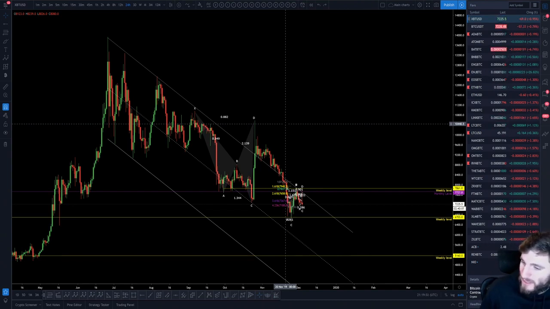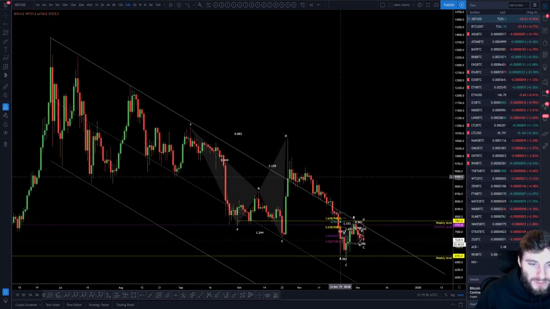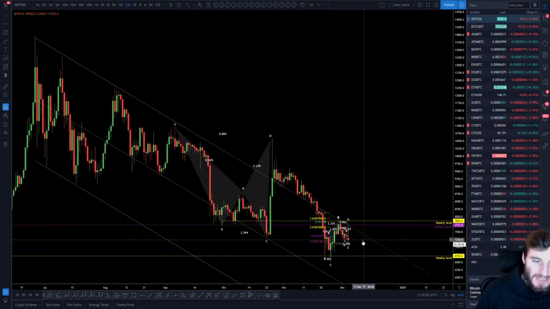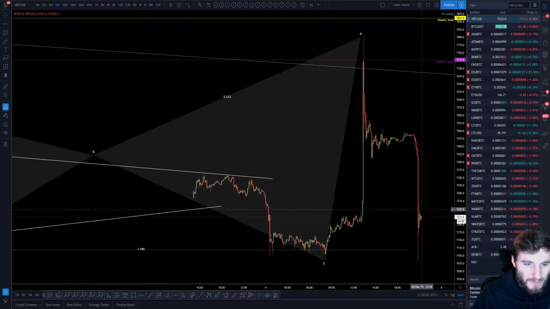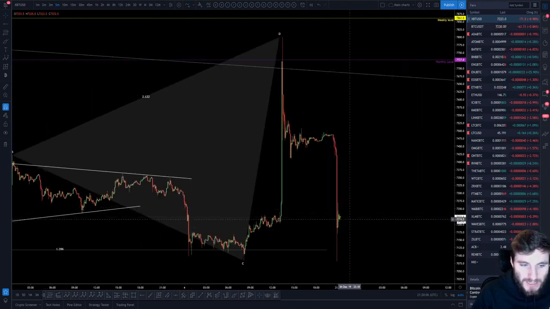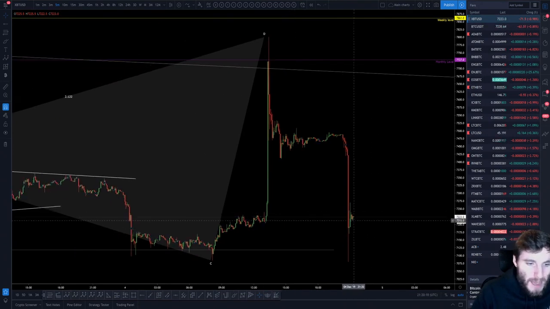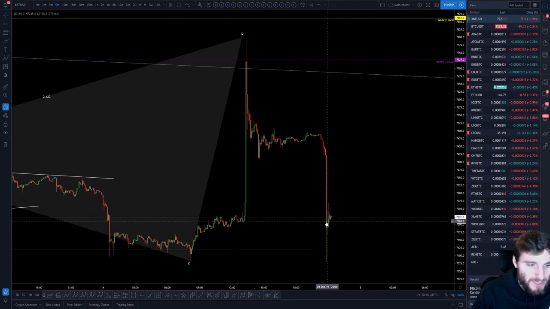What is your Bitcoin target? Well, on the short term, I would be looking to trade to 7k really. So I guess 7k is likely the next target. I'd like to see how this daily closes, if I'm honest. I'm not going to rush into trading this. You can probably tell I've been in zero rush to trade this. I'd like to wait for the daily close. I feel zero need to rush into this right now.